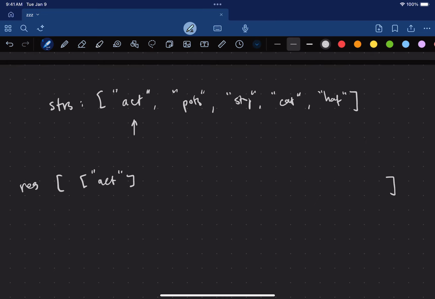Okay, so now we've put that in its own list, and we can look at our next guy. So we can compare it against any element of this list. If there were multiple elements here, we would already know that they were anagrams of each other, so we don't have to check all of the elements. We can just check any of them, maybe the first one, and basically ask ourselves, is this an anagram